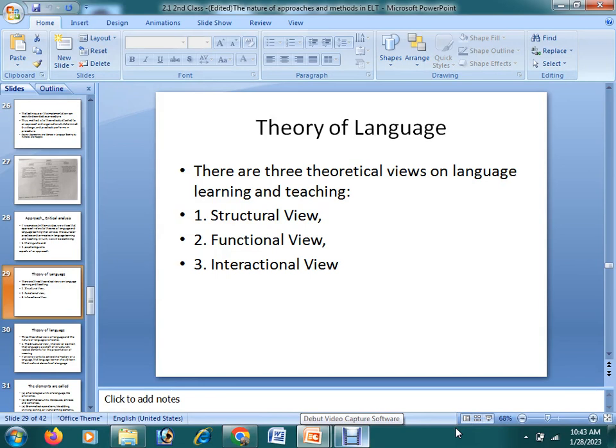In the last portion of our previous class, we talked about language learning theories. Language can be learned in three different ways. That means every language will have several views, not only the English language, it is for all languages of the world. Every language will have a structural view. The structure of a language will be quite similar to the structure of other languages. And simultaneously there will be a functional view of every language.